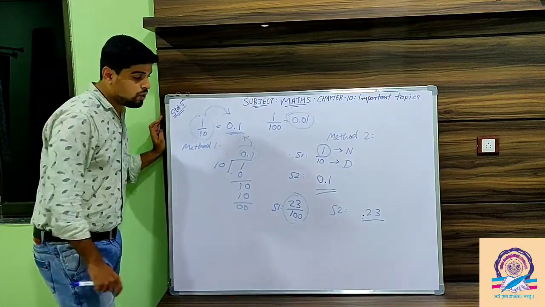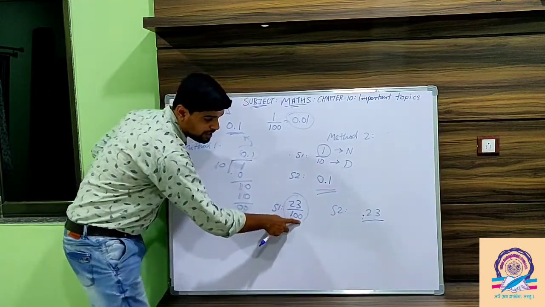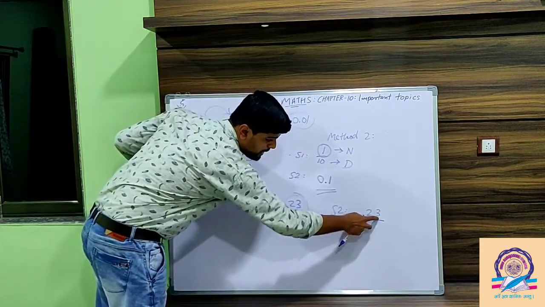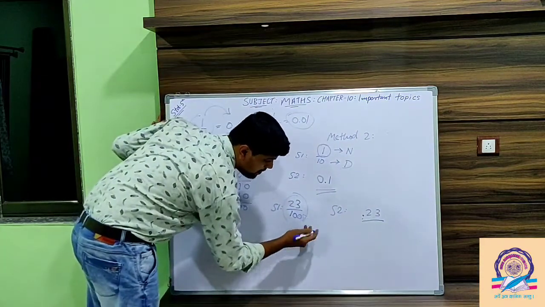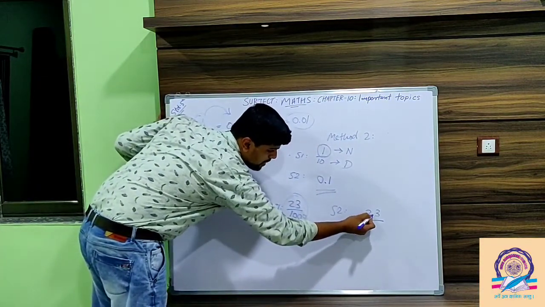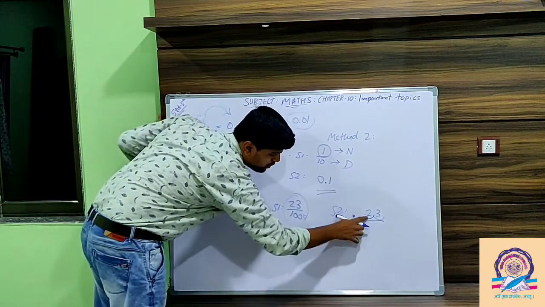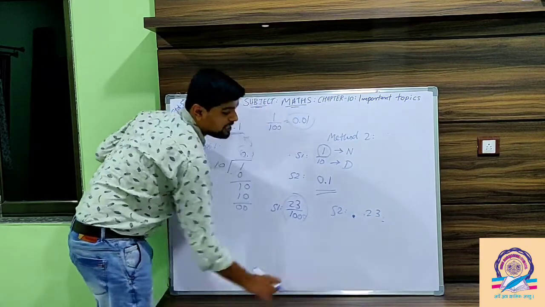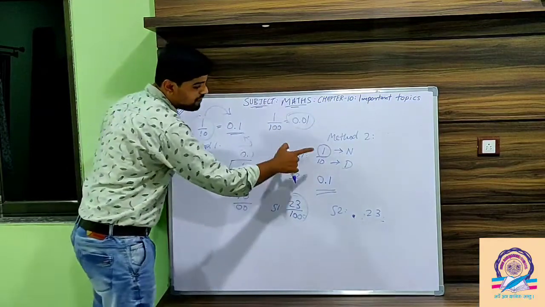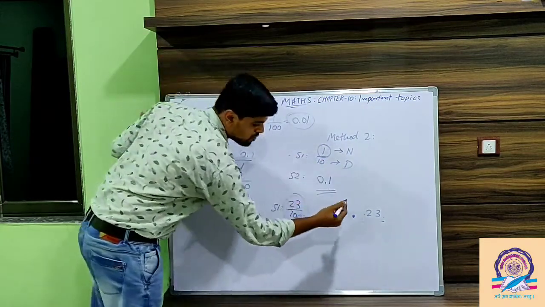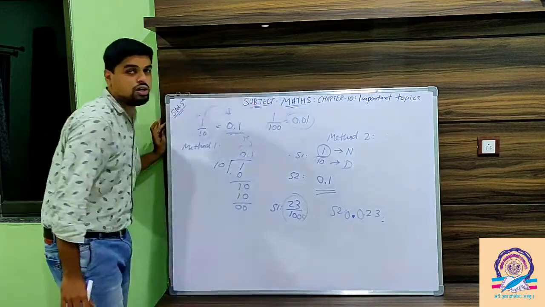Okay, is it clear to you? The decimal point depends upon the number of 0s. If 2 zeros are there, put the decimal point before 2 digits. If 3 zeros are there, then you put the decimal point 1, 2 and 3 digits in. But you will say, sir, we don't have a third digit. So what do we do here? We put 0. In the same way we have to put 0 here, and before the decimal also we have to put 0.